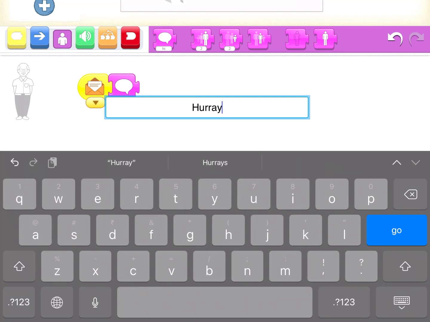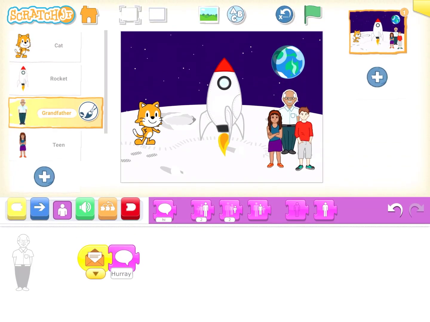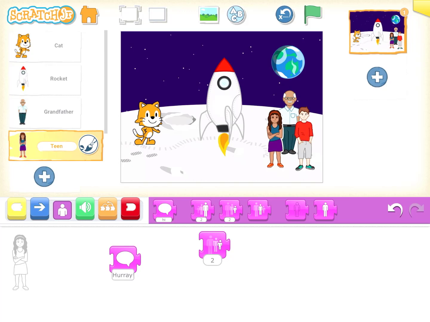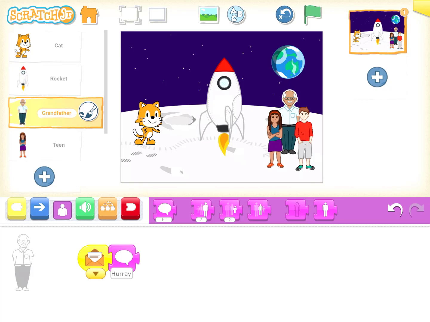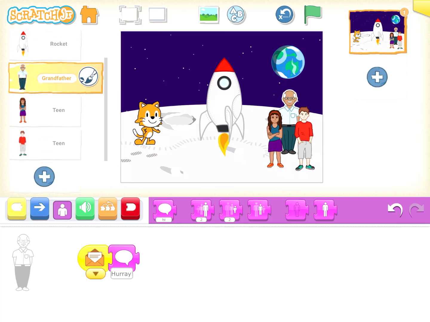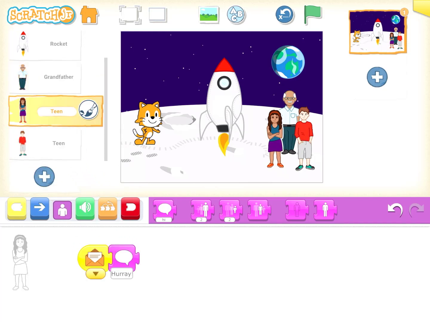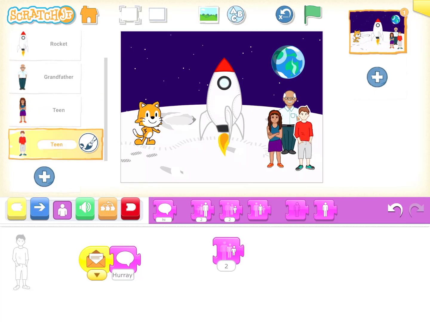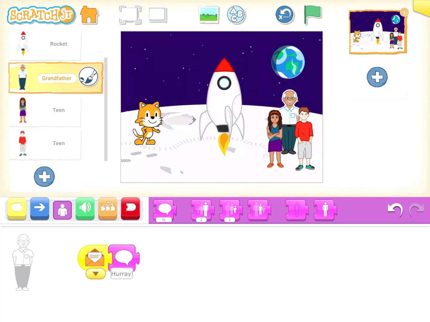Hooray. Okay, so maybe that's all. And we can take the same script and add to other characters. Oops. It did not copy the whole thing. Maybe let me remove this. Okay, and where is our other character? The boy. Oh yeah, right here. Okay, now this and this. So now all three of our characters have the same script. Okay, they will say hooray.